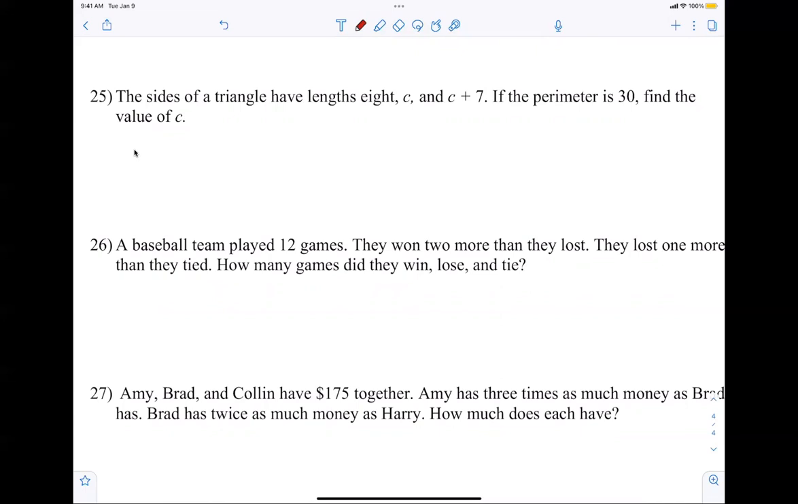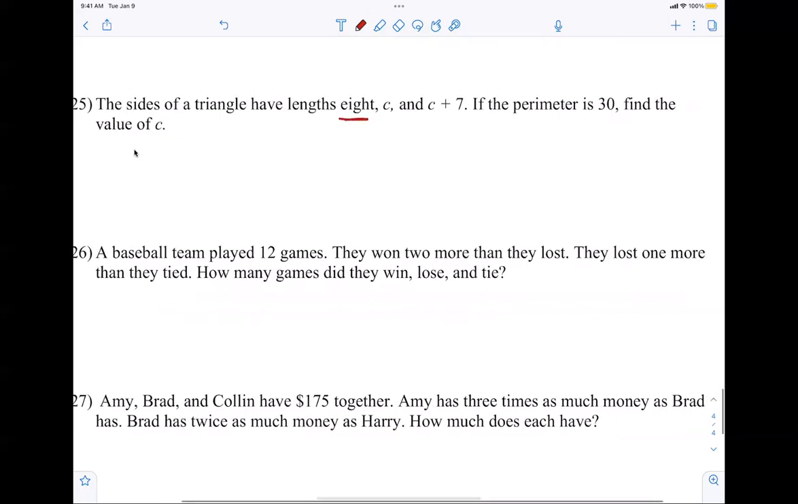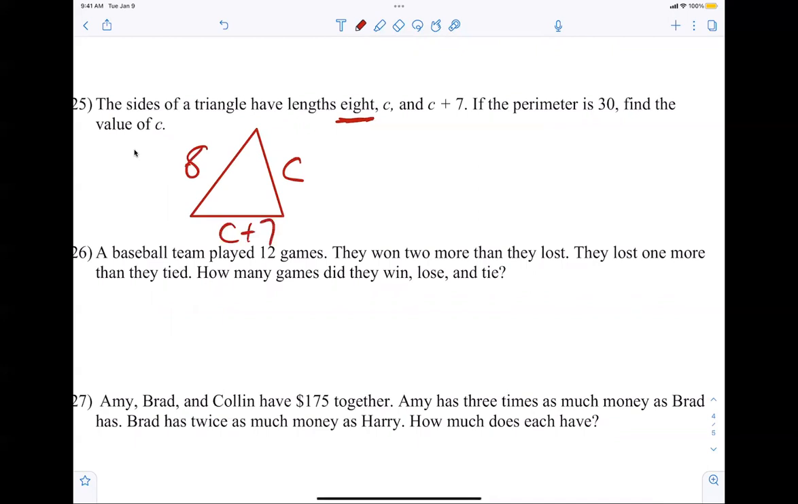Oh, yeah. I didn't even see the 8. I skipped right over that word. I was like, where's the other side? So again, if you want, draw yourself a triangle and you can put 8, C, C plus 7, even though you don't need to do that. So now tell me what the